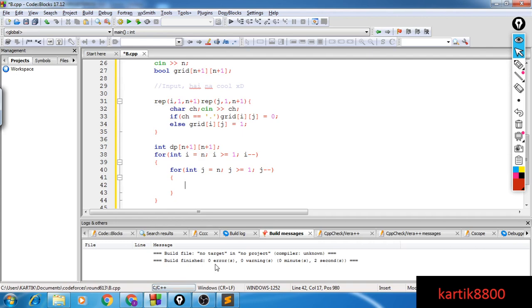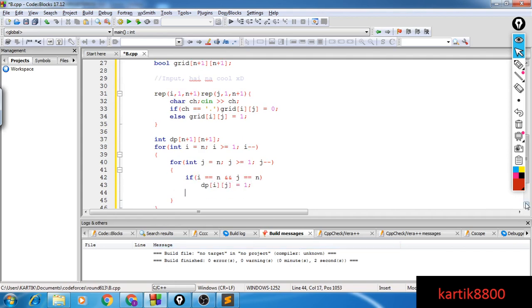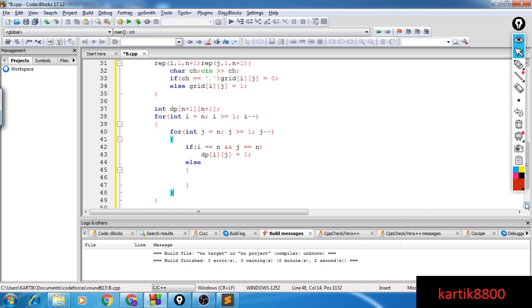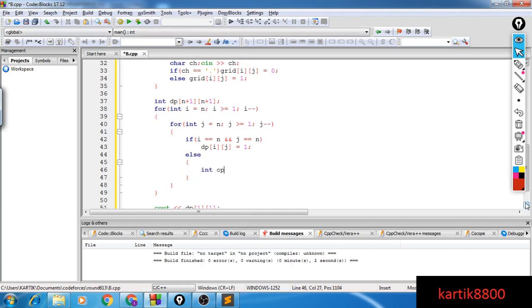Okay, so if i equals n and j equals n, then I'm at the last cell and there's just one way. I'll say dp[i][j] equals 1. Otherwise there are two options. Integer option 1, go right. Going right means going to the cell dp[i+1][j].